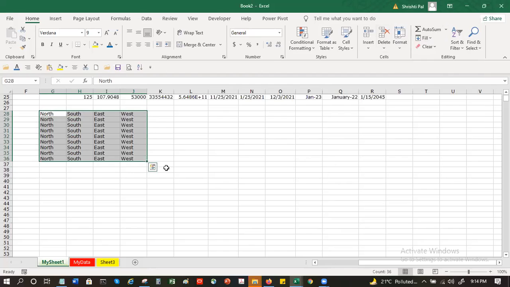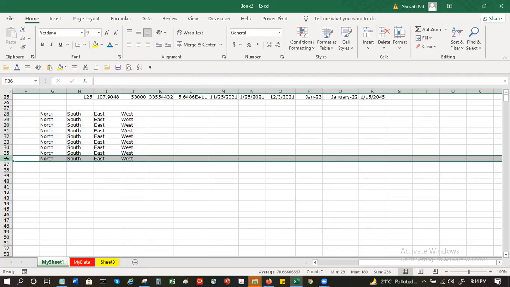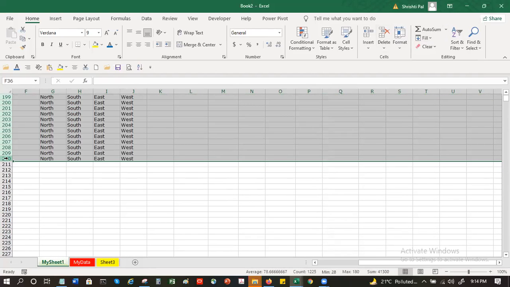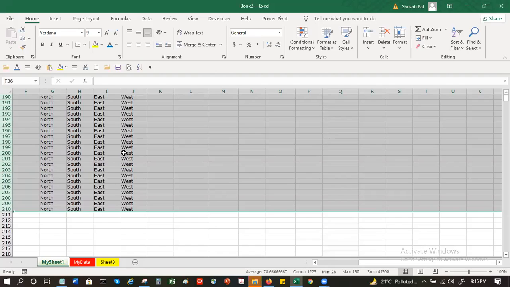I'm saving one extra keystroke. Another thing is I don't have to always know exactly whether I have selected it or not. I just highlight, let's say, this row I want. I can go all the way down like this, as many cells as I want copied, and the shortcut is Control D. This is just a quick way of doing copy paste. This will only work when you're copying the same cell.